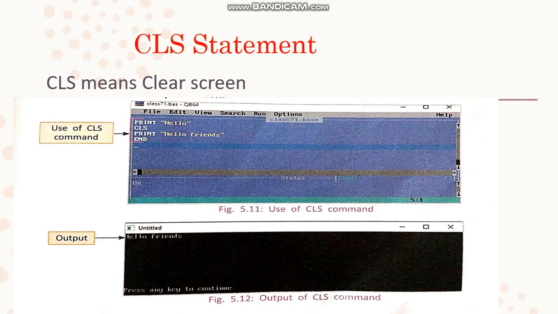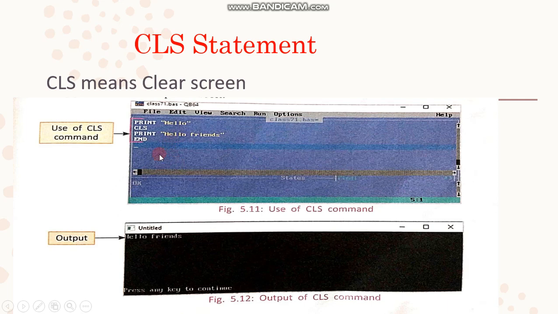The next one is the CLS statement. CLS means clear screen. The CLS command is used to clear the output screen, so the new output can be displayed on the monitor screen without showing any previous output of the program. The CLS statement will not appear on the output screen.